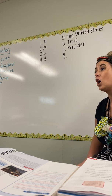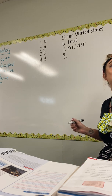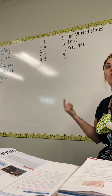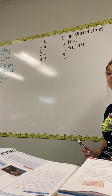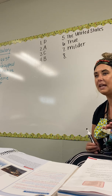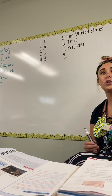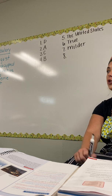Damien? Longer times, yes. So for more months, because it's such a short winter, we can keep growing our crops and keep growing our plants until much later in the year. Also, that's why we're known for our oranges, okay? They have something called the frost line, and it changes as climate changes over the years. But we're so well known for our oranges in the state of Florida because we can grow them for so